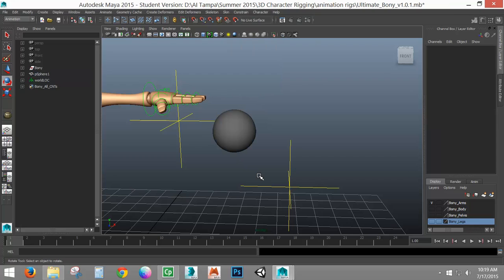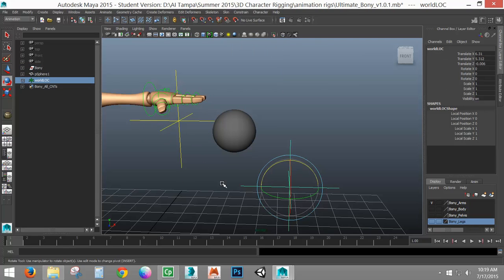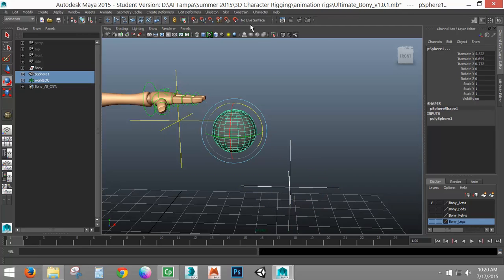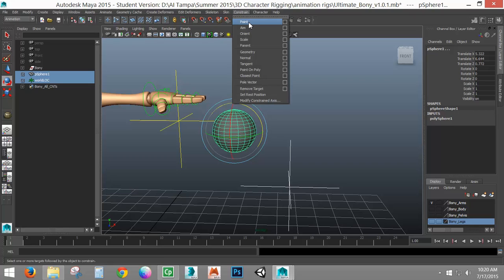And the idea of a constraint is you are going to select the target location first, then shift select your object. The order that you do this, in terms of, you have multiple locations, multiple targets, is really up to you. The way I like to think about it is, where is the animation going to start for that object? Select that one first. So in this case, if my guy is actually going to pick this up, I'm going to start at the table, the magic table, because that's where the ball would be to start with. So whatever is your first location, select that target, shift select your object, and under constraint menu, apply the point constraint.